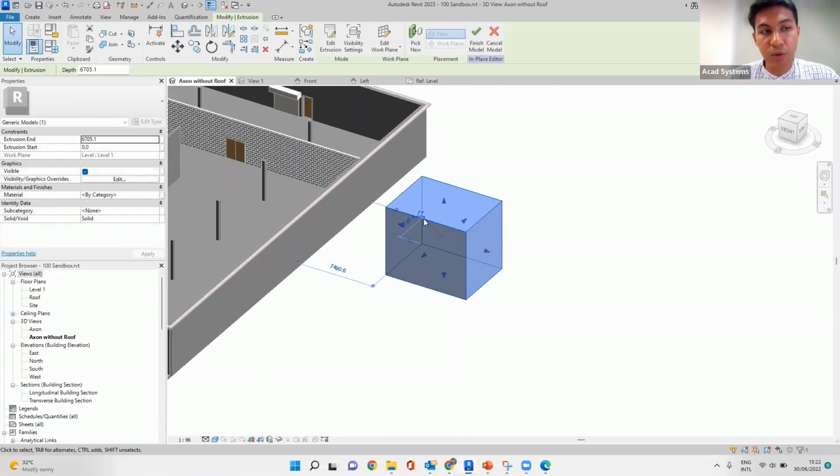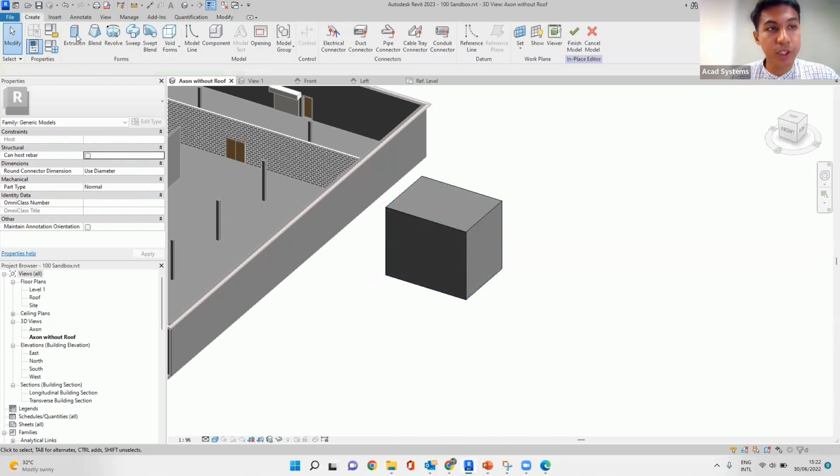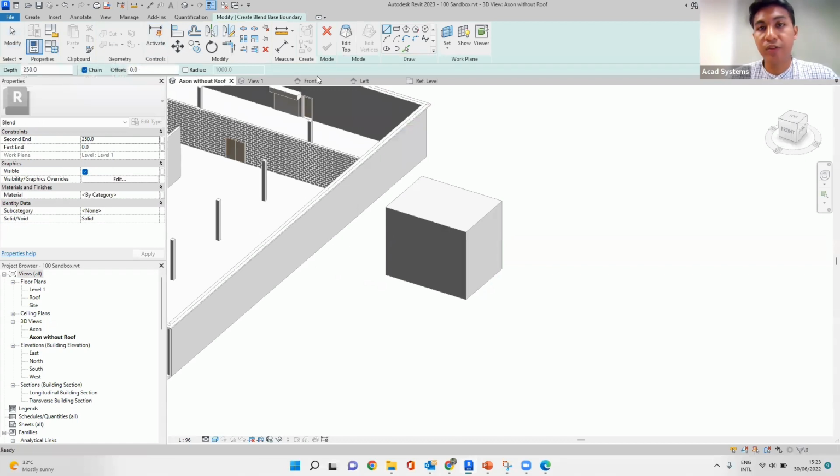Then you can play around with the height. There is extrusion start and end here. Okay, so that is extrusion. And for blend, you have to create the bottom and top, and that will kind of combine it together